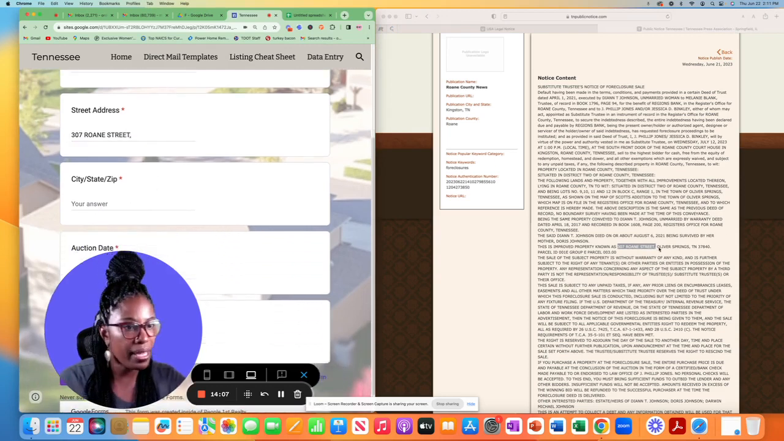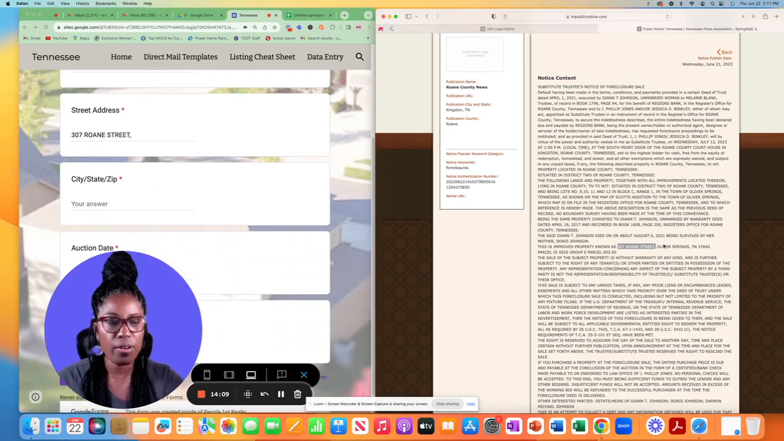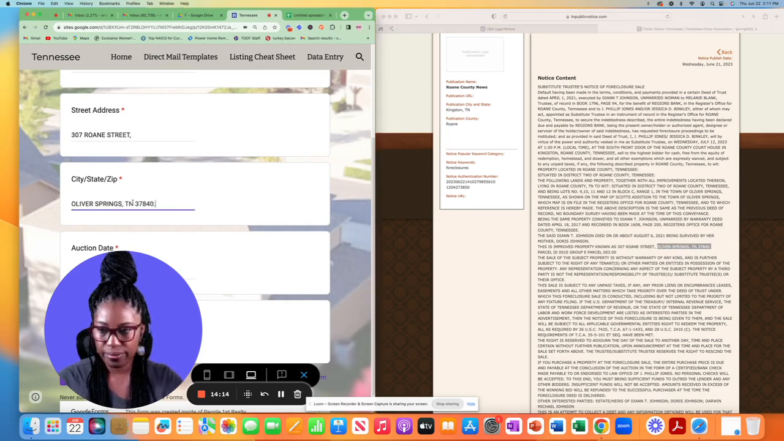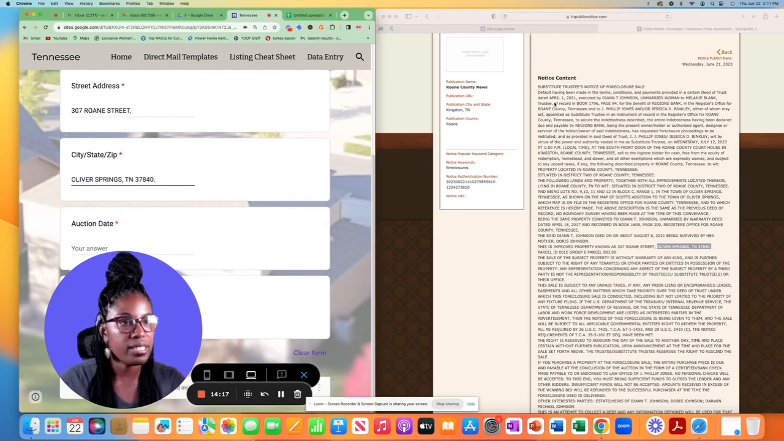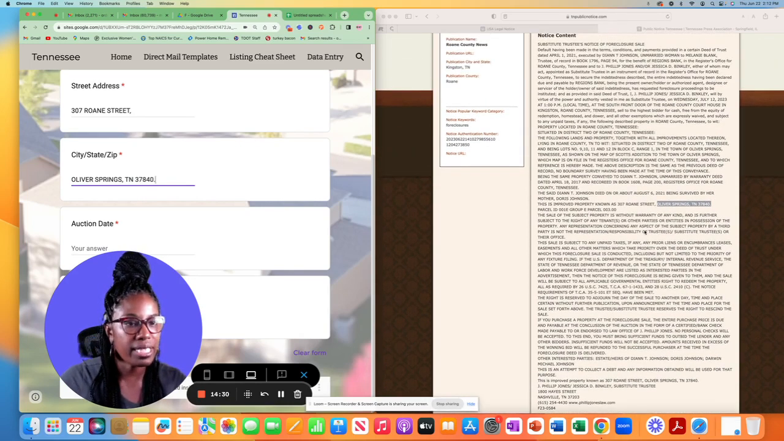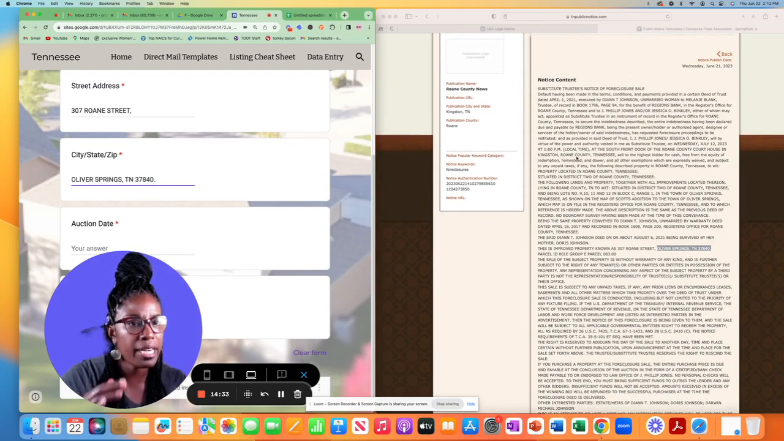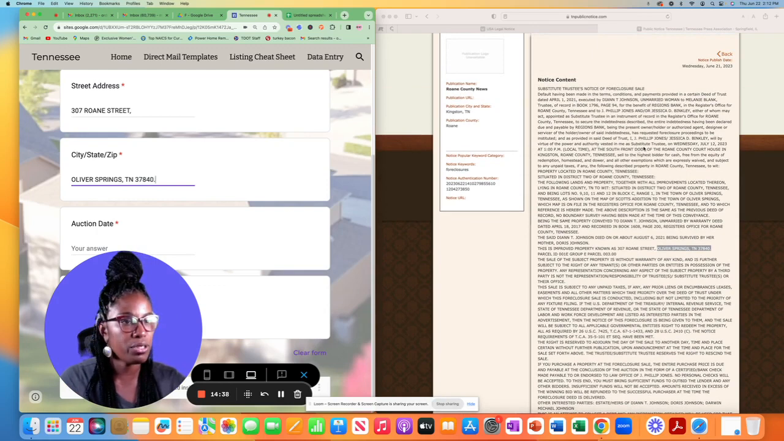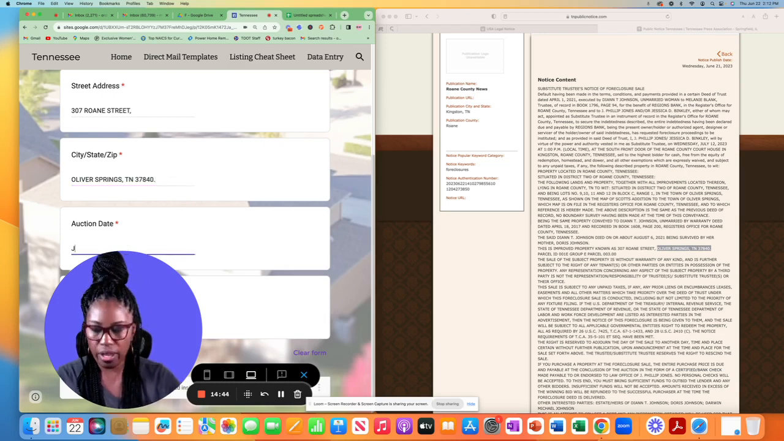City, state, zip is Oliver Springs, Tennessee. I'm going to go ahead and copy, and then I'm going to paste. Then I'm going to see what day the auction is. So it says here that April the 1st, 2021 is when she actually purchased the property. And then April the 18th, it looks like, okay, anyway, we want to make sure we go to the actual auction date, and that we may have to scan for. Sometimes it's at the very top, but here it is right here in the middle. By virtue of the power and authority vested in me as substitute trustee on Wednesday, July the 12th. So I want to put July the 12th,